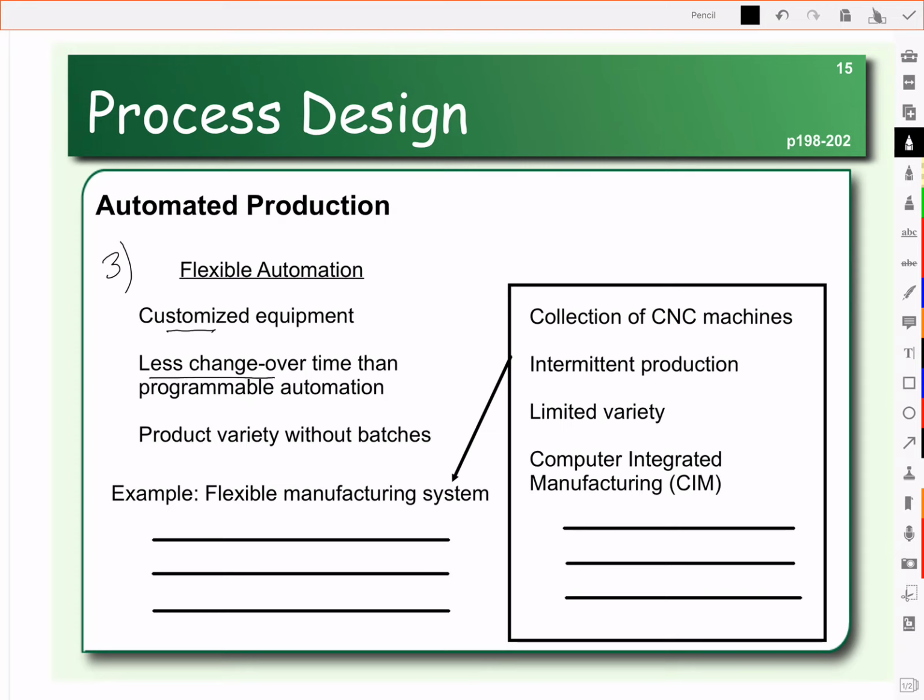The idea with this is that we're going to reduce the changeover time compared to programmable automation, because now we can have the computer send messages to another computer to tell it to change the code and do something slightly different. Whereas with programmable automation, we had to have a worker come in and tell each machine to do something new. So we're creating a flexible manufacturing system, which is a group of machining centers